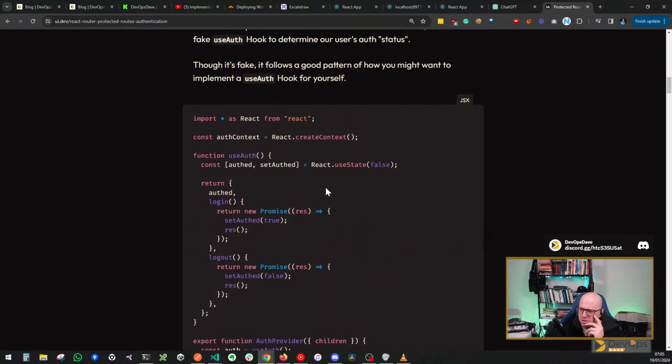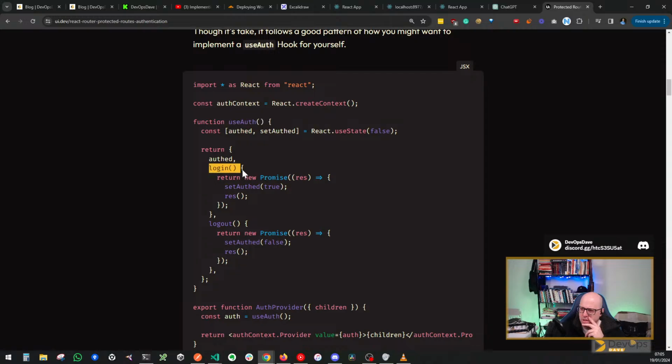Auth consumer, useAuth, auth, login, return, promise auth, true. Okay, so